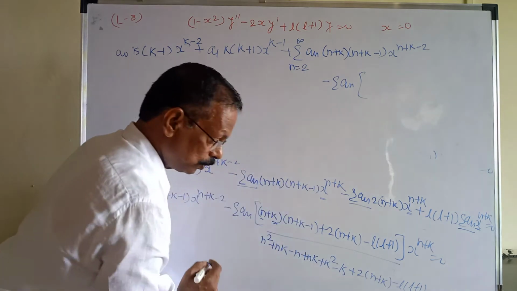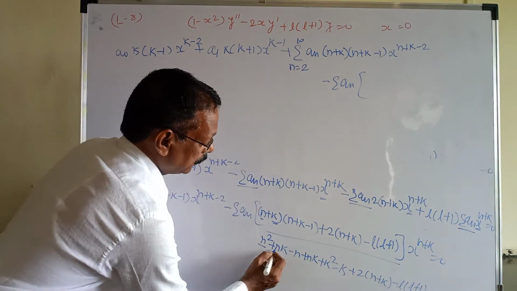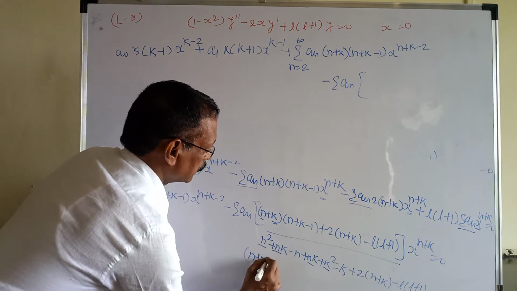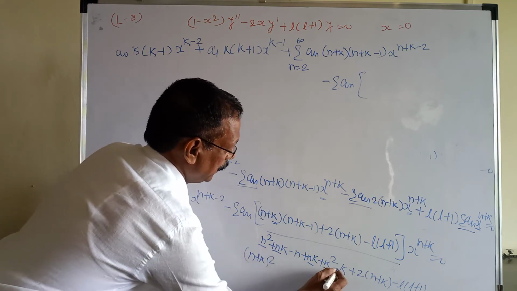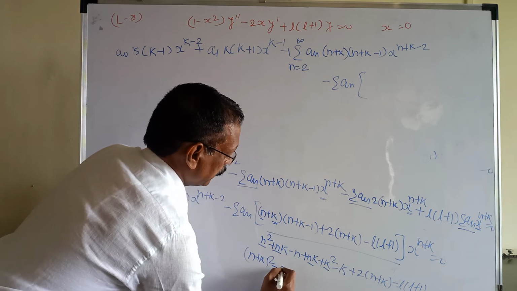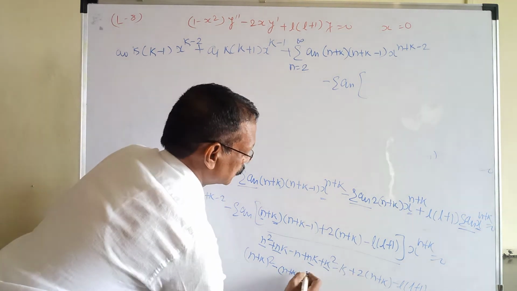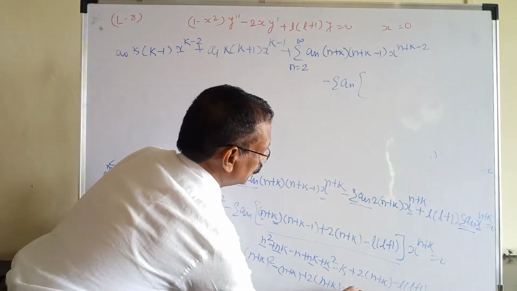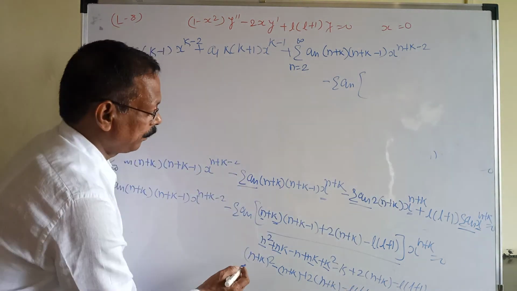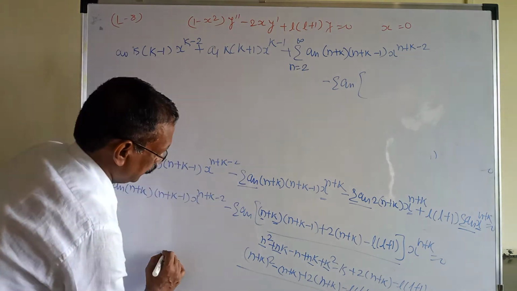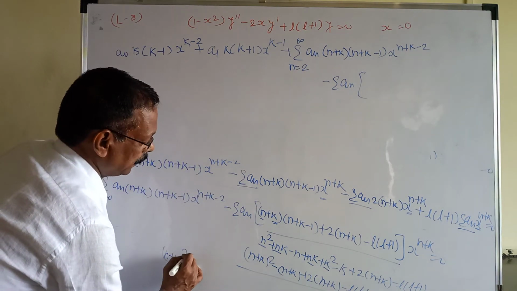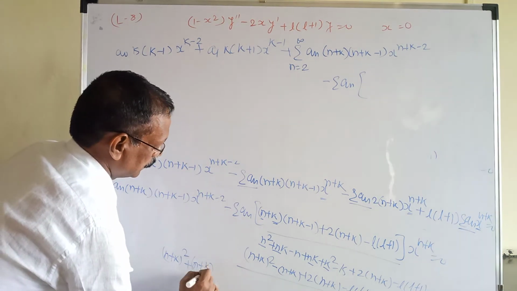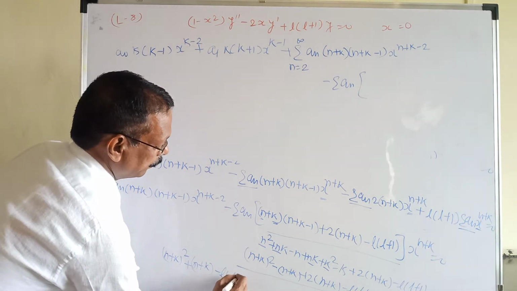So from this equation we know that n square plus twice nk plus k square gives (n plus k) bracket square. Here is minus n, it is minus k; take minus outside the bracket, n plus k, plus twice nk, it is twice (n plus k minus l) into (n plus 1). So we get (n plus k) bracket square plus (n plus k) minus l into (n plus 1).